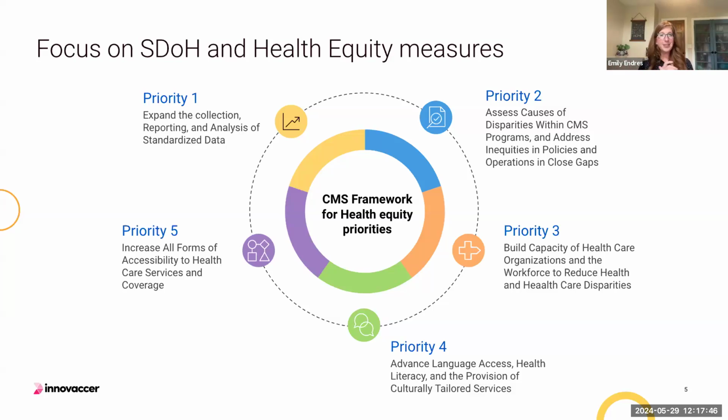And kindly, CMS has outlined a stepwise approach for us. For this refocus on quality, it starts with priority one, and that's prioritizing data. We very quickly move into this analysis of data, then we build solutions based upon those assessments, and we ultimately end up with this goal of proven healthcare equity and quality at that individual member level that we've talked about. So I don't know about you all, but this feels a little bit daunting to me. And when we think about really big, heavy items like this, I think as a best practice, we should always take a step back and think about the why,